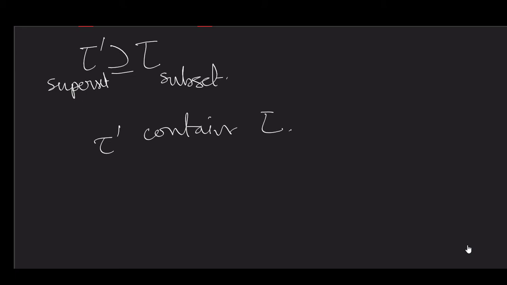So here, if this is the case, tau dash is in tau, so we can say that this is our superset, this is our subset. Now if tau dash properly contains tau, sorry, this one indicates tau dash contains tau, then we can say that the topology tau dash is finer than tau. And similarly, if we have something like